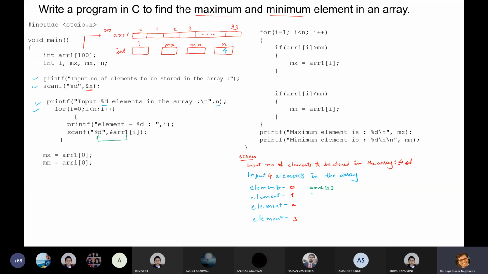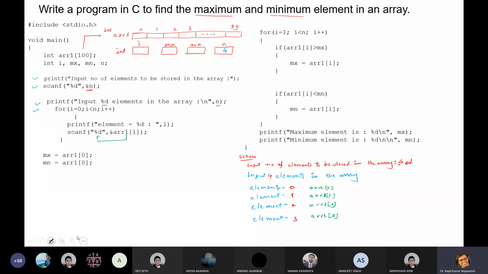Sorry, these are all hidden elements. I am writing the hidden elements also; it will not display. Then arr1[2], then arr1[3].